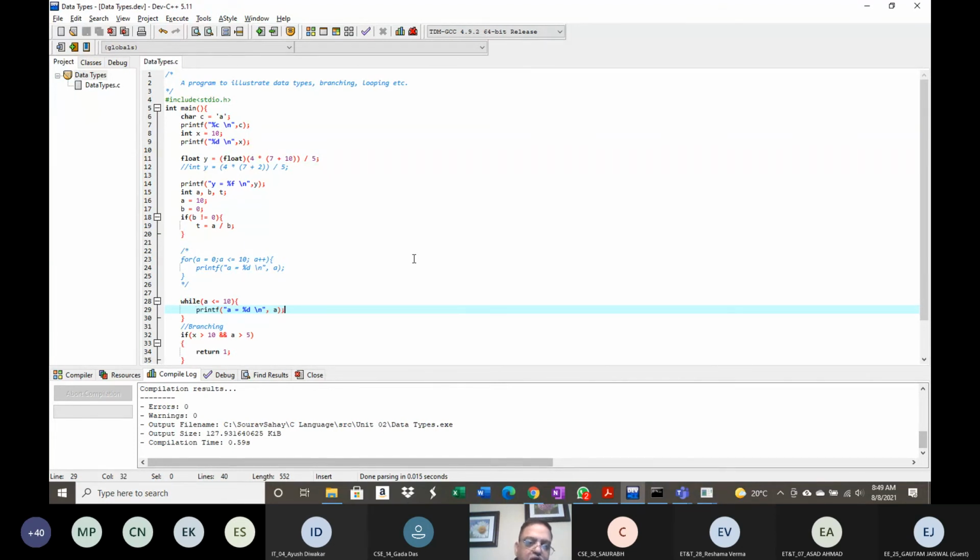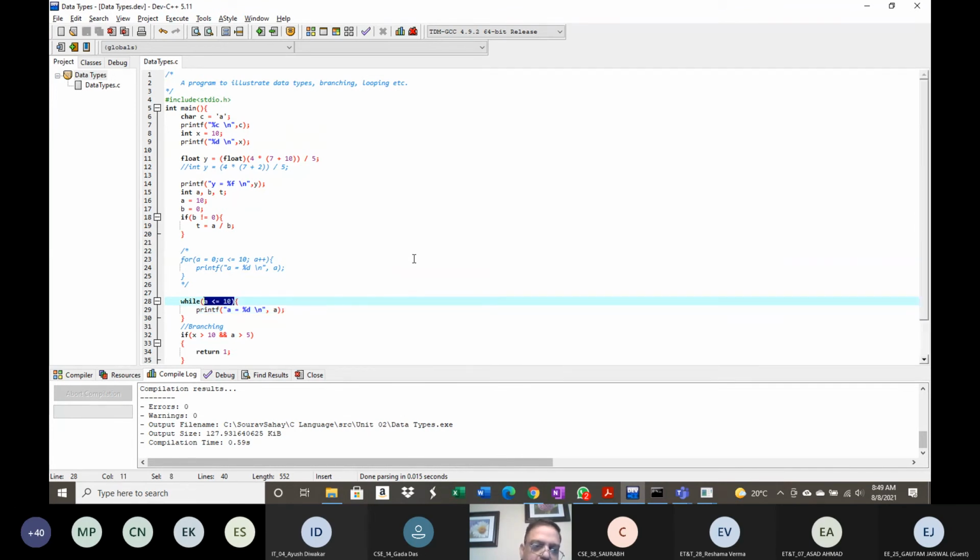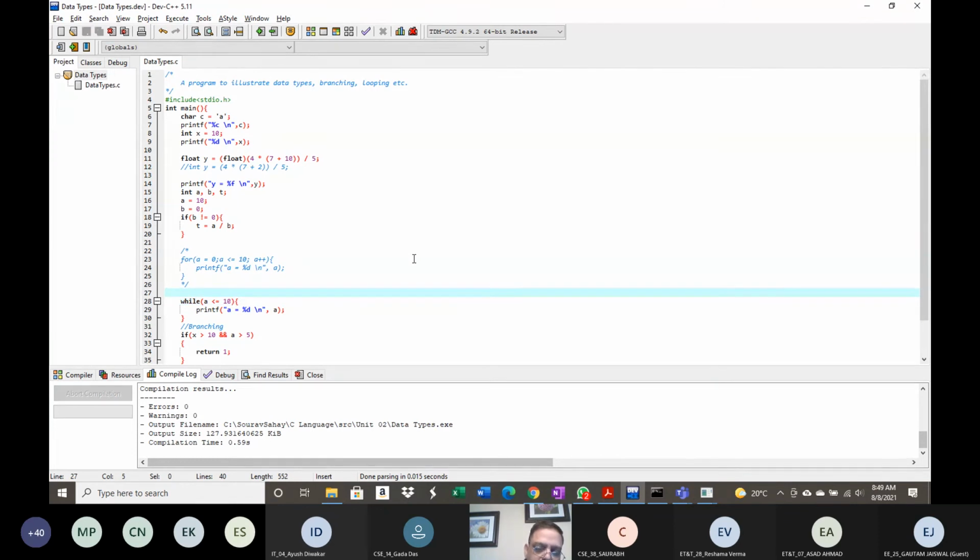Okay, so this is a while loop. What it does is it computes something while a is, so here we will have to initialize. We have already declared a, and it is already equal to 10. So this will actually not execute.